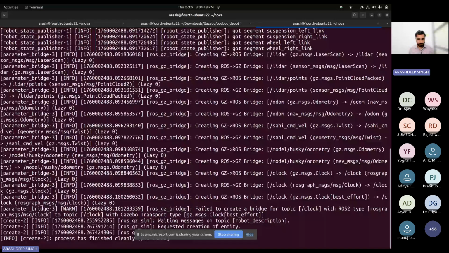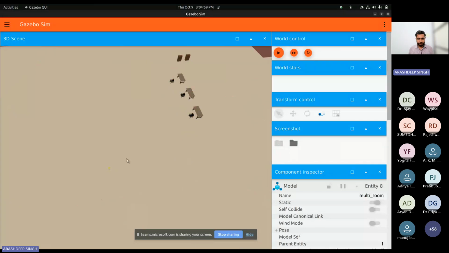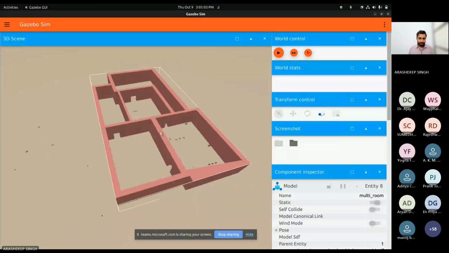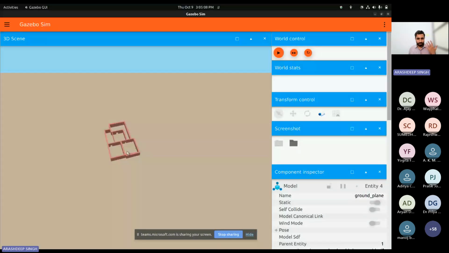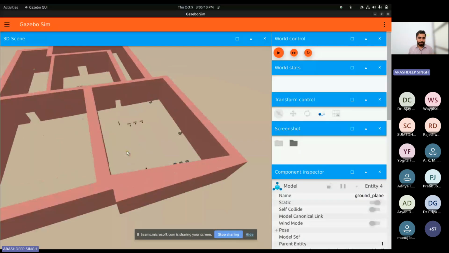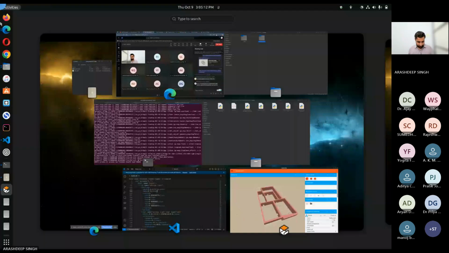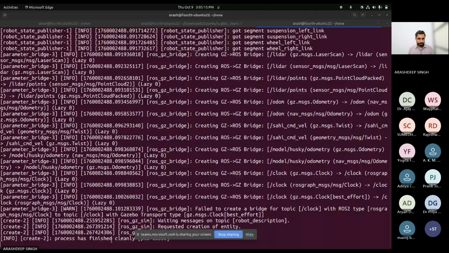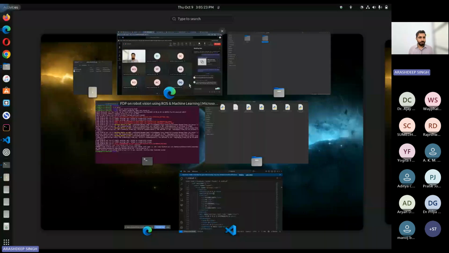You can see this is one of the simulations that I was working on. I just developed some house-like structure. This is under development at a very basic level. If I try to open another simulation, then I think